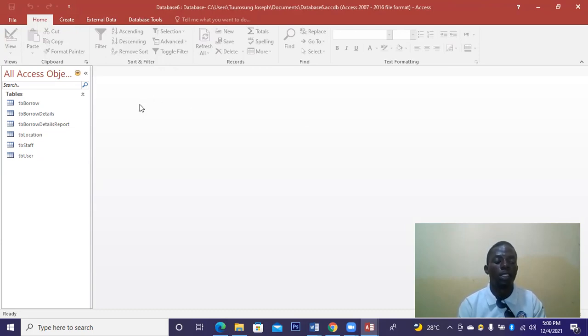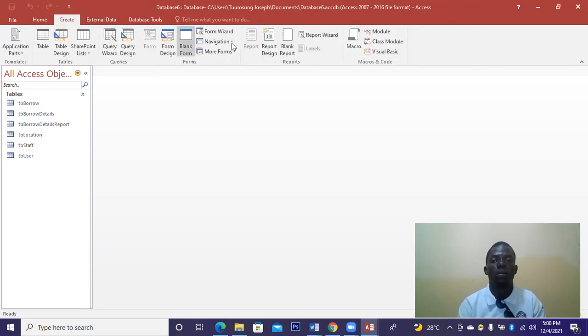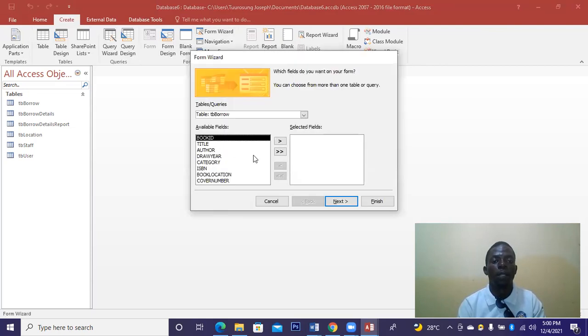Okay, so the next thing we are going to do is we will go to form wizard. You can see form design here, and you can see form wizard. So go to form wizard. Now, this particular form we are creating is going to be for which aspect of a database? Okay, the first aspect is that we are going to create a form